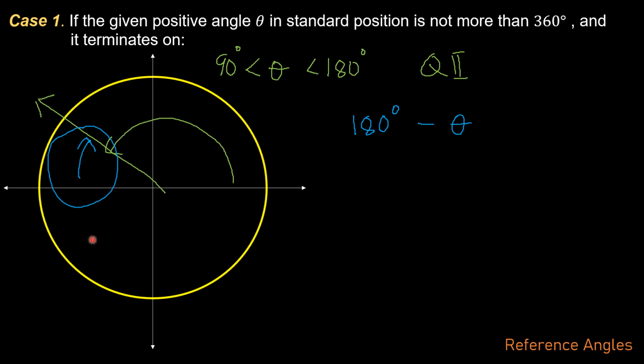Kasi kinukuha mo nga yung natitira. Makakompleto sana niya 180 kaso mag-i-stop siya sa quadrant 2. So may matitira dito. Yun na yung isa-subtract mo siya. And to have an example to that,